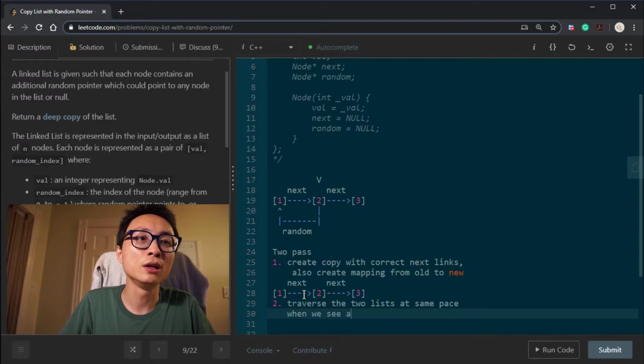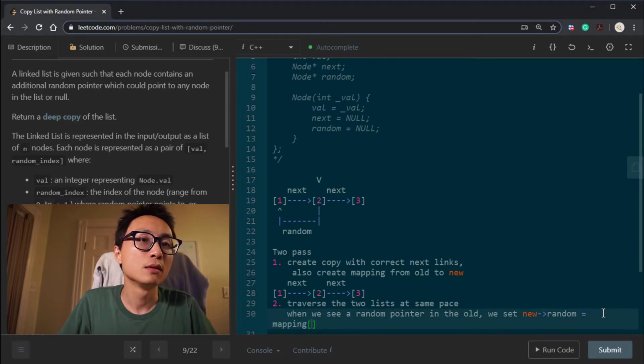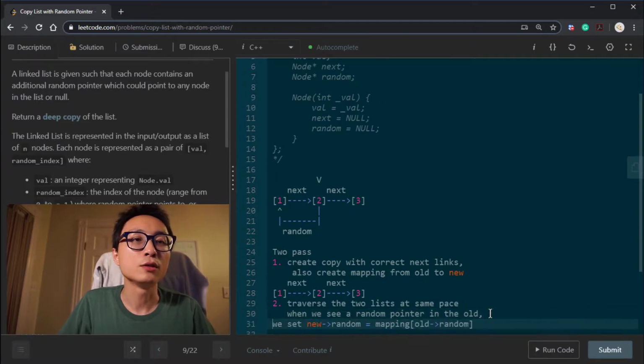When we see a random pointer in the old, we set new node.random to be this mapping of old.random. So just look at where this random pointer points to in the old linked list, and then look up the corresponding node inside the new linked list, and have that point over there.